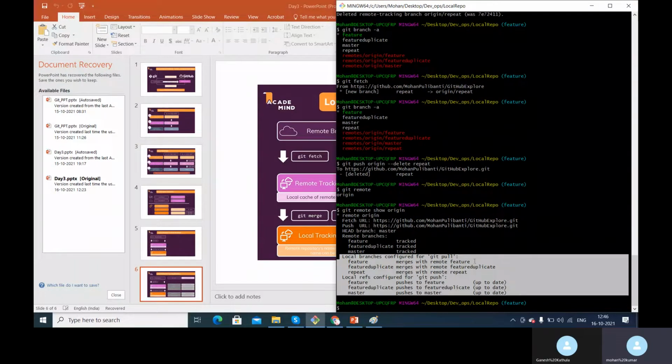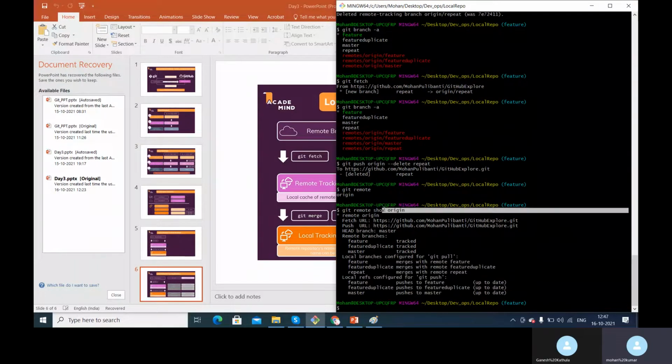So this is how useful it is for us. If you execute this command alone, what is going on with this particular remote and local is shown here. This is one such important command to look at what is happening in this branching strategy. Okay. And we also saw git branch -a, which shows us all the remote tracking branches as well as the local branches, and git branch -vv shows us what branch is tagged to what.